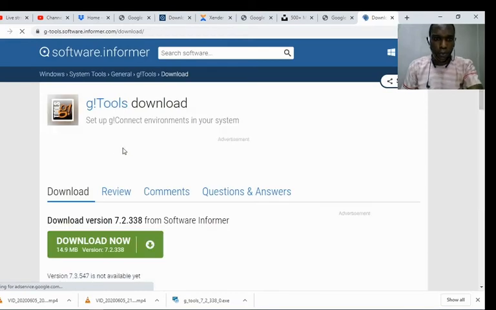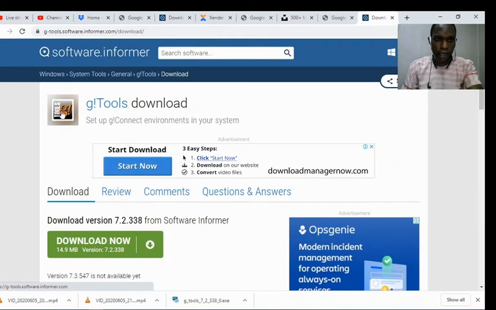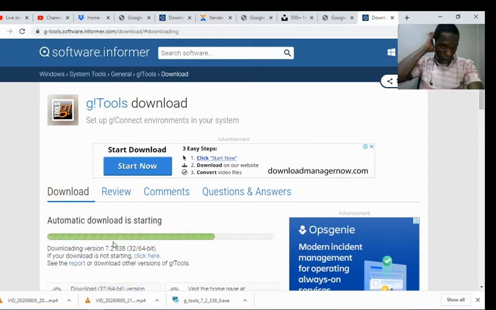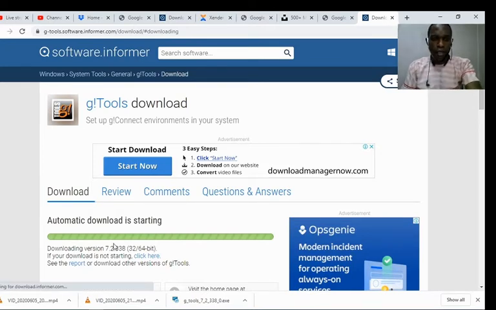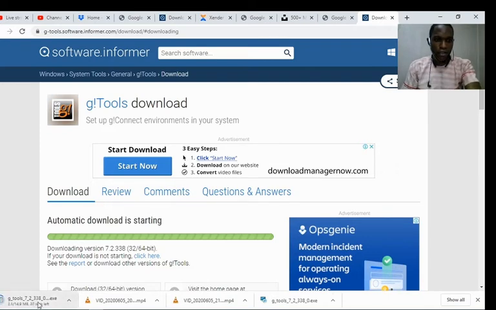It will take you to the page. So you can see the icon here, right here. You have your G2s download. Then select. This is 40.9 MB. This is the latest version, 7.2.338. Select this. So it will download. So let's have this. I've downloaded now. Very fast. Before you know, it's finished downloading.